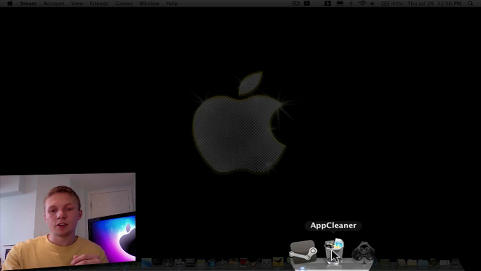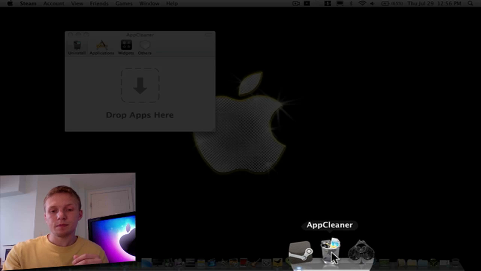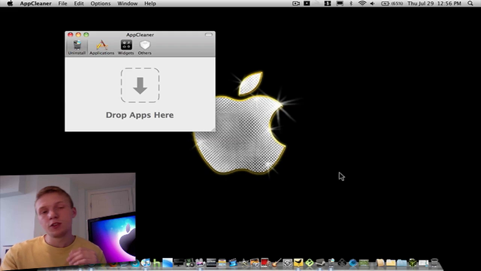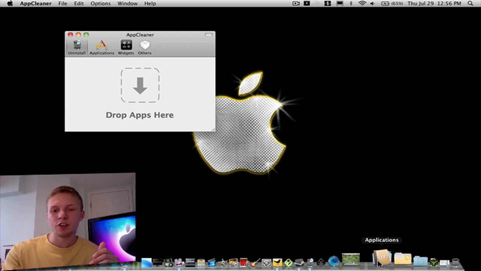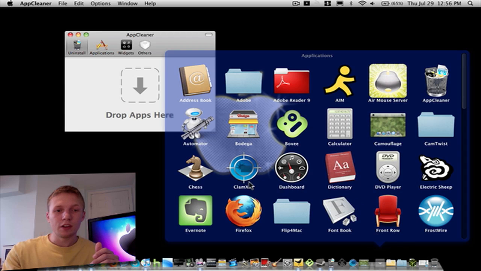Next thing we're going to look at here is called App Cleaner. Sometimes when you drag stuff to your garbage can, it may not delete it all. So App Cleaner makes sure that if there's any extra files or applications with the application you're trying to delete, it fully deletes it. So let's take a look at the